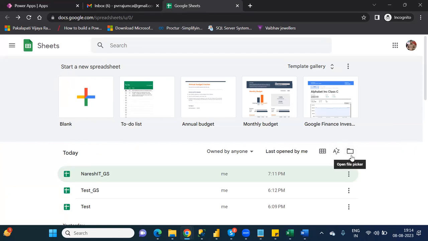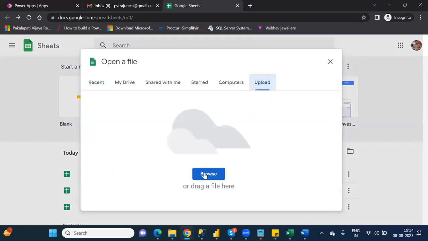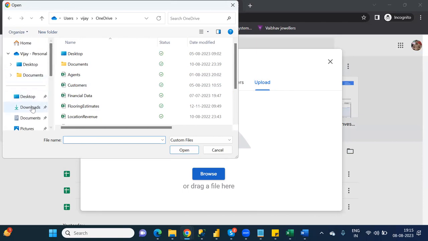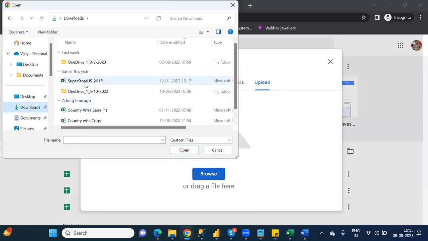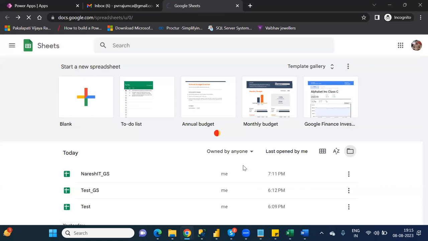There is an option called open file picker. Click on this one. Under the open file picker, there is an upload option, and click on browse. After clicking on browse, it will connect to your local system. In your local system, whichever Excel you want to load, you can select that one. Suppose, for example, under downloads, there is an Excel. I want to load that Excel. Then see here, just double click on that Excel. You can load that Excel here. See,